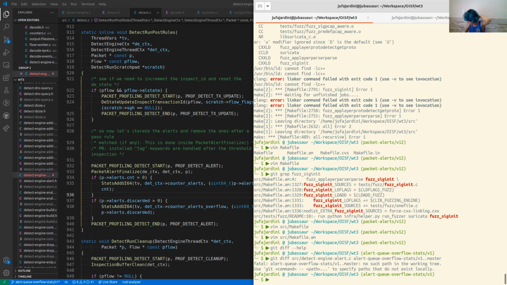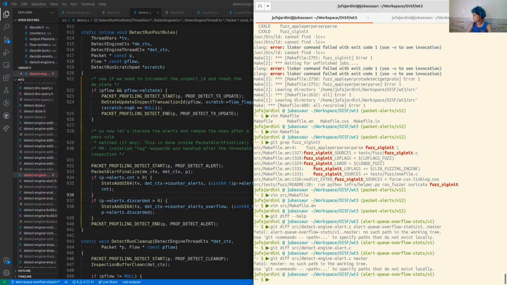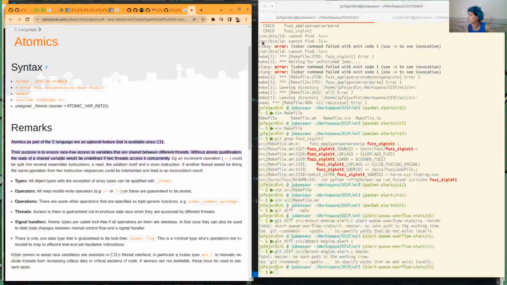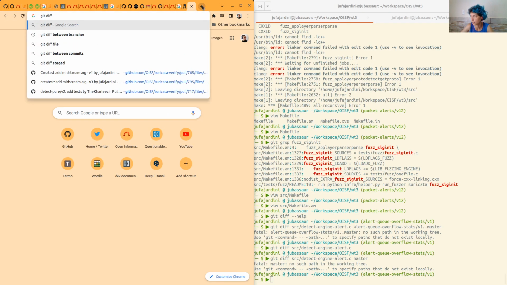No. Maybe if I just do this. Nope. Master? Nope. Oh, Google. Git diff file between branches.